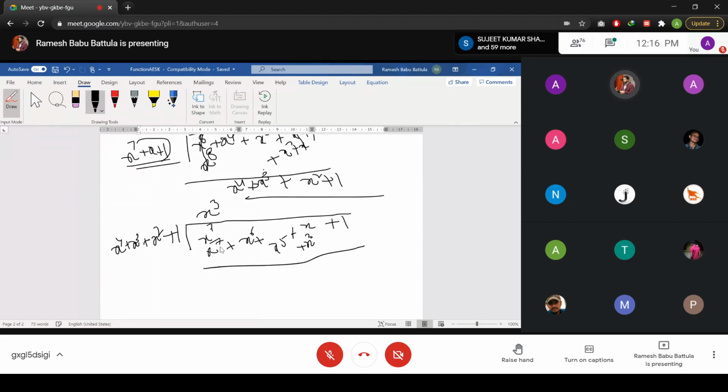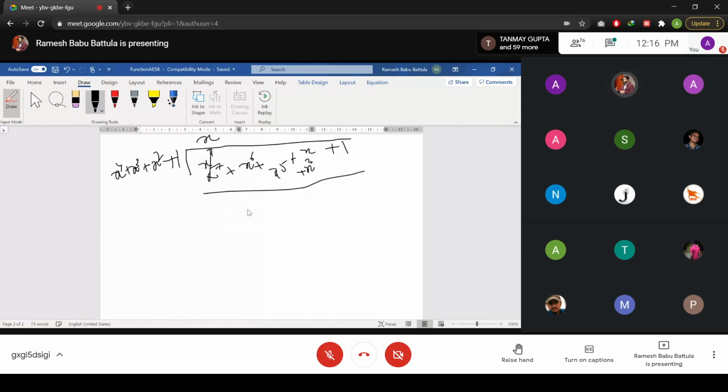Then you perform, these two are going to be cancelled. The remaining values you just use here: x to the power 6 plus x to the power 5 plus x to the power 3